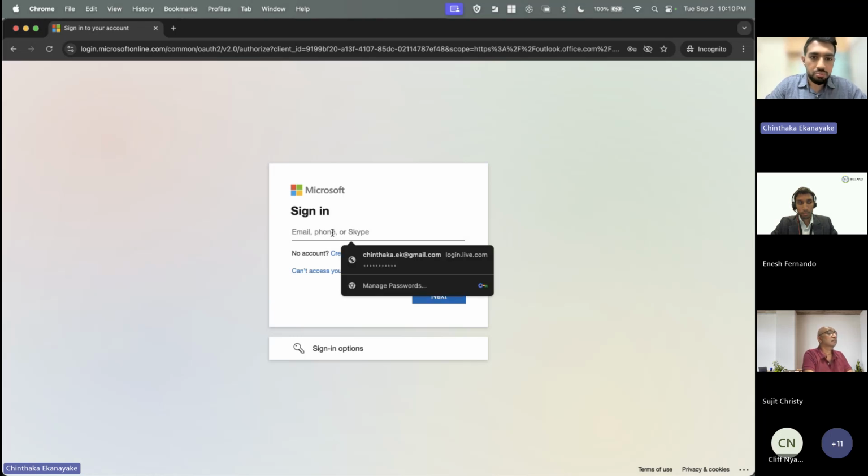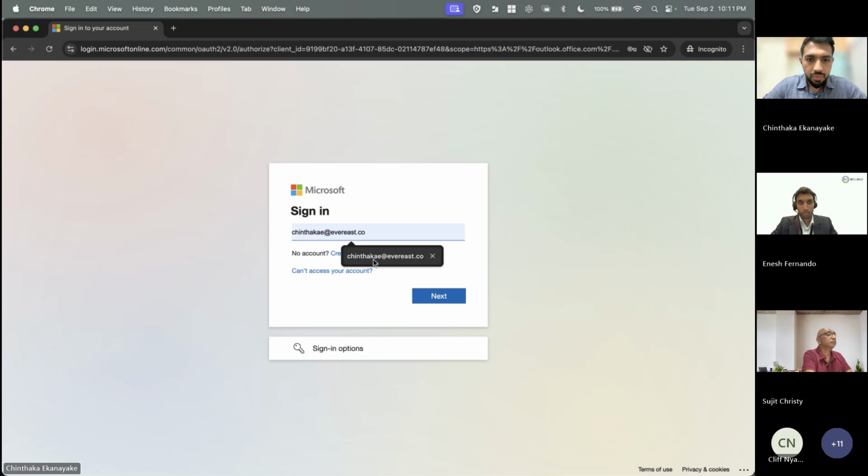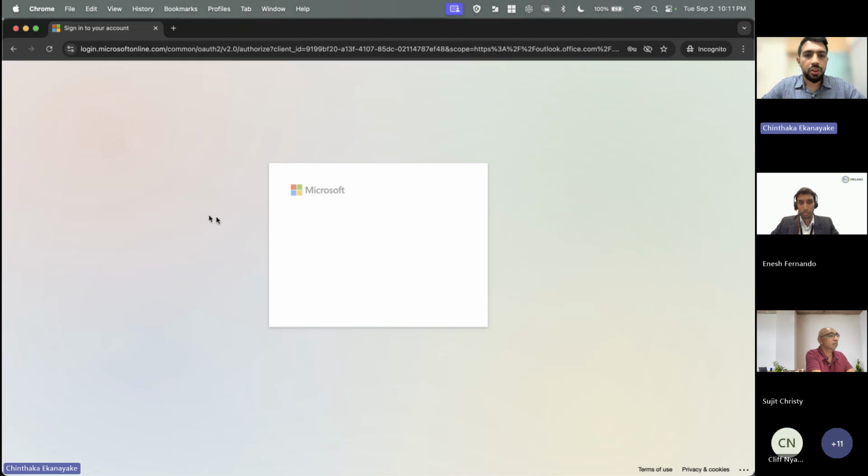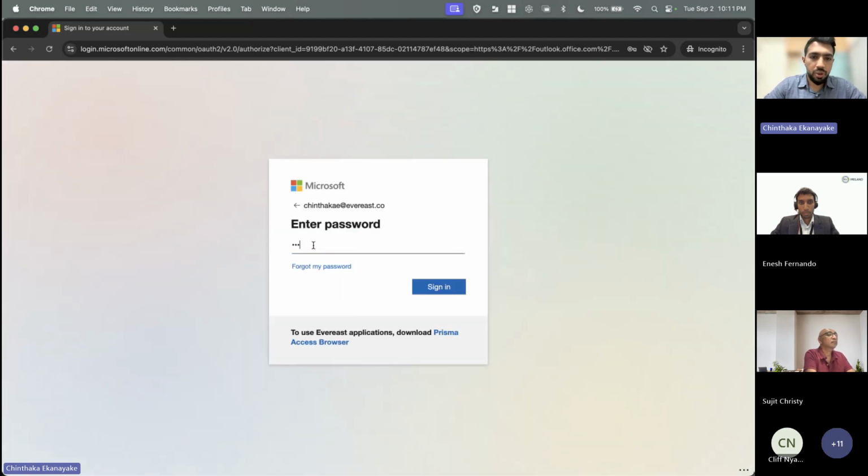I have an account, and I'm using my normal Chrome browser. This Everis.co is an alliance company that we have for the demos. If I try to log in, it asks me for the password.